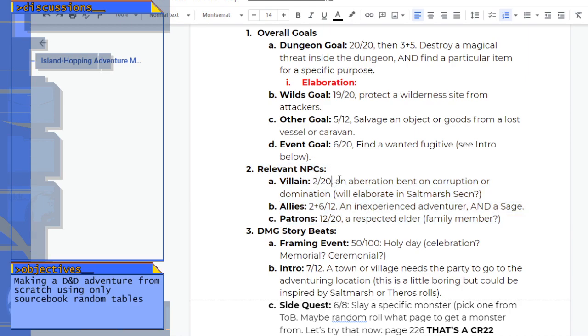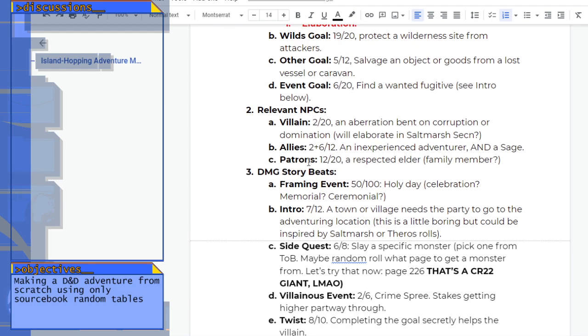But I like what I came up with for the villain, because it sounds like something that could definitely be on an island. And then these allies, I love this, just a very young person and a very wizened person. And finally, a patron, like someone who will supply the party with money, jobs,